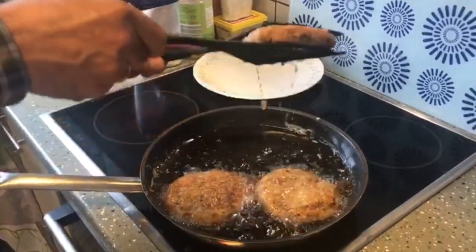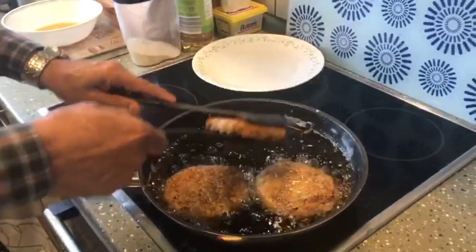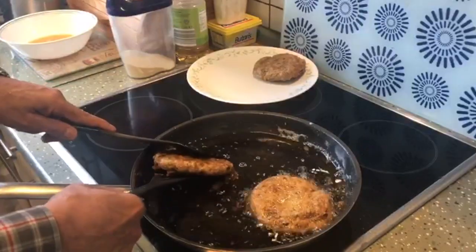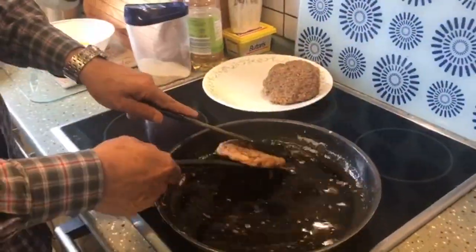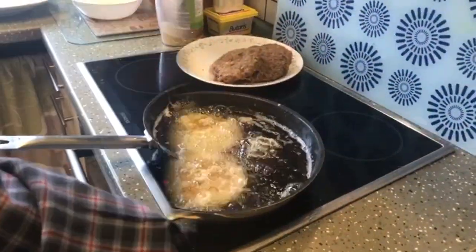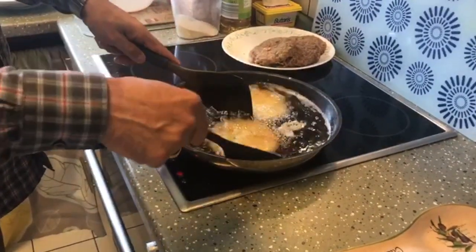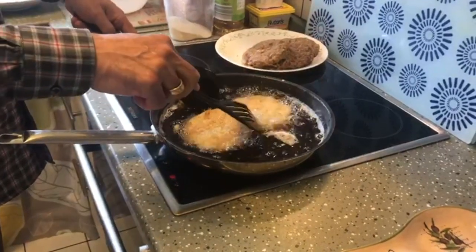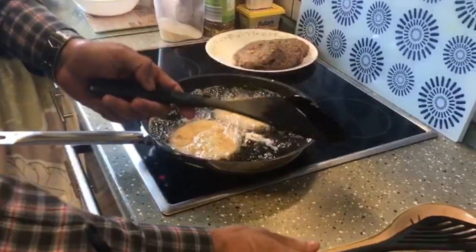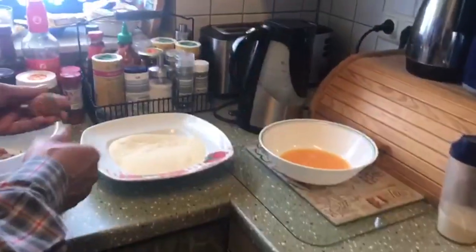Remove one at a time, removing the oil so that you need not use any paper towel to put on the plate. Now, after a minute, turn the cutlets on the other side. And let it cook. While the cutlets are frying in the oil on the side, we will take each kebab